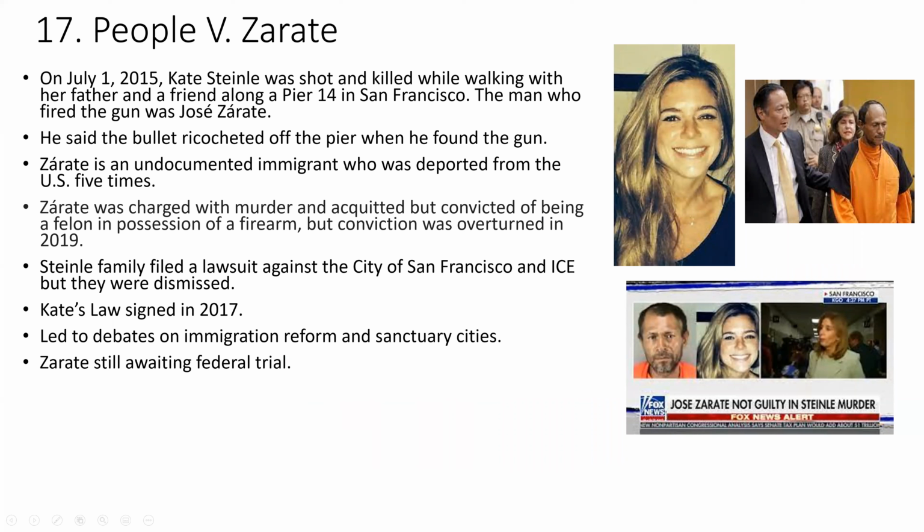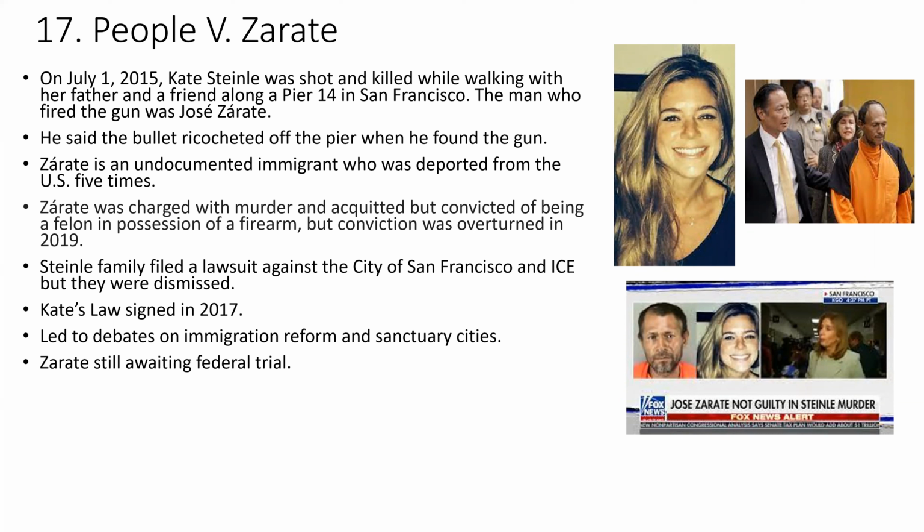Number 17, People v. Zarate. On July 1st, 2015, Kate Steinle was shot and killed while walking with her father and a friend along Pier 14 in San Francisco. The man who fired the gun was Jose Zarate. He said the bullet ricocheted off the pier when he found the gun. Zarate is an undocumented immigrant who was deported from the U.S. 5 times. Zarate was charged with murder and acquitted but convicted of being a felon